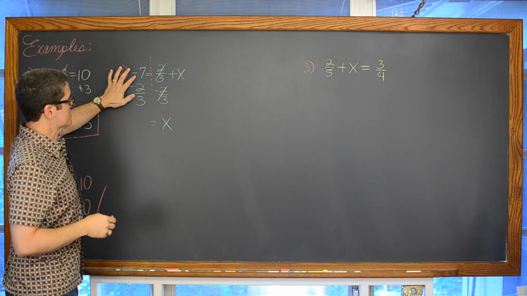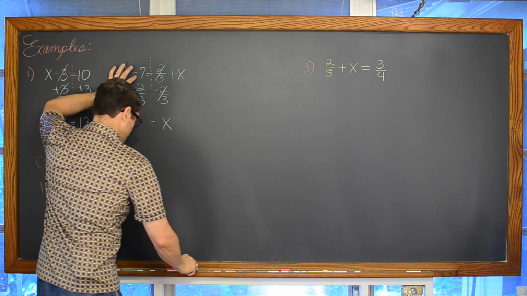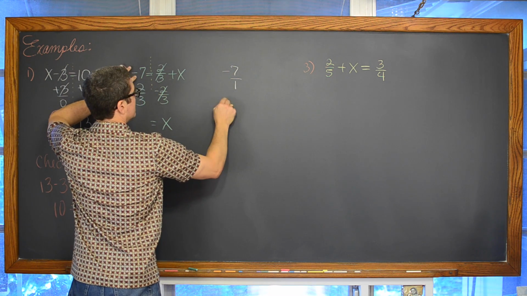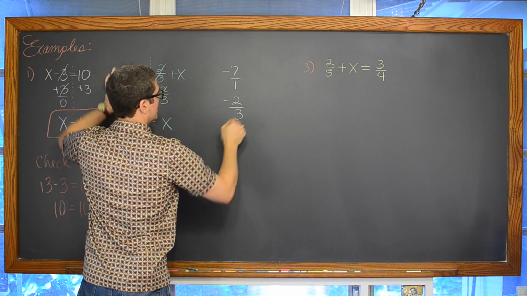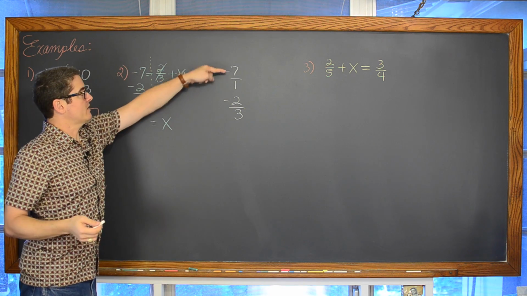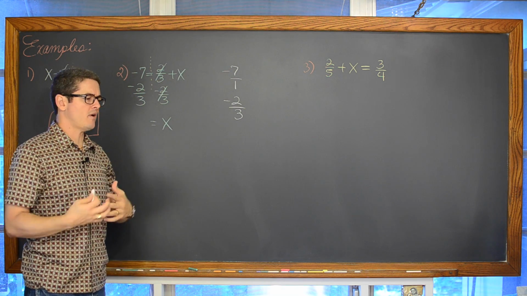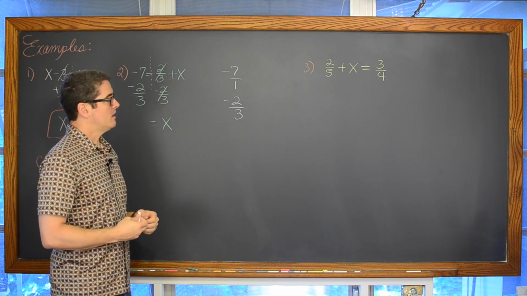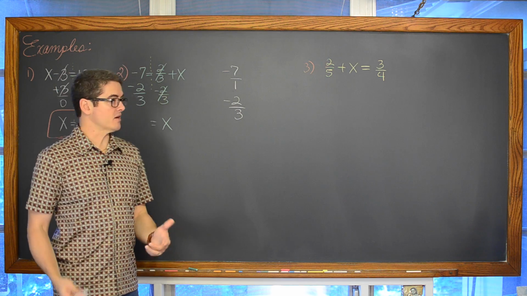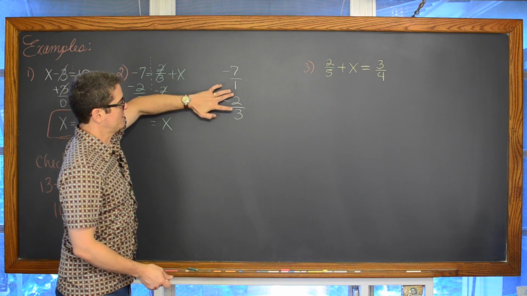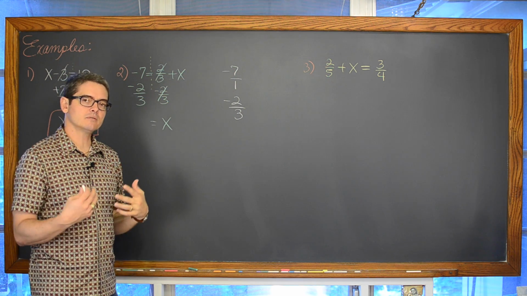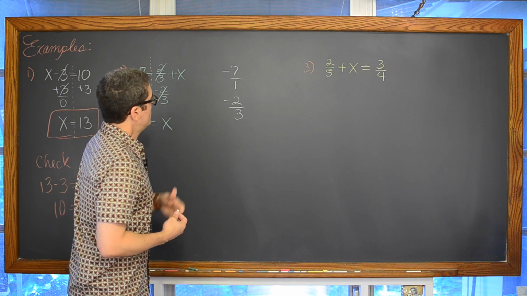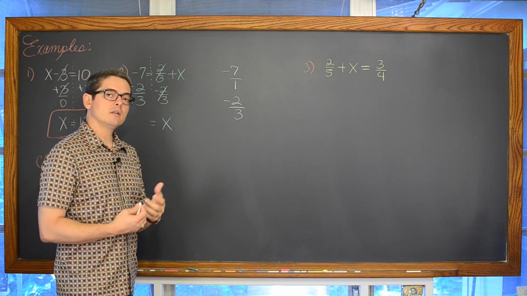But maybe doing a little bit of scratch work on the side, how do you take negative 7 over 1 and subtract it with 2 over 3? Now notice instead of writing 7, I'm writing 7 over 1. Once you start working with fractions, I don't care if you're multiplying, dividing, adding, or subtracting like we're doing here, you should make everything look like a fraction. So you can see the numerator and denominator with each of the terms that you are dealing with.